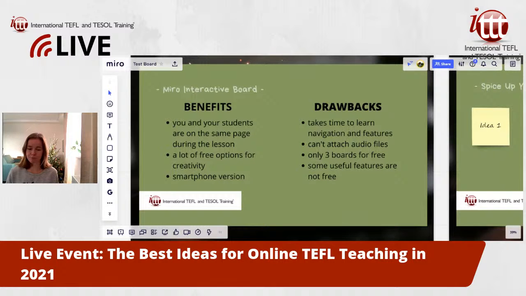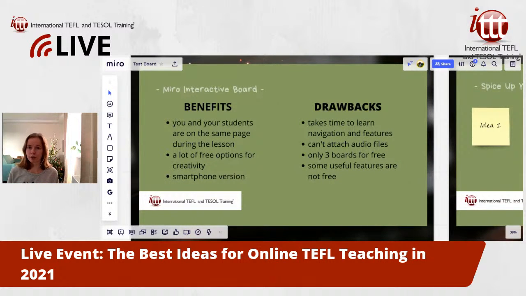So if you, for example, want to have a video chat, or this timer feature, sometimes it's really useful to use it during the classes. For example, when you want your students to do your activities in a limited period of time, you feel like you're lacking this timer feature, but